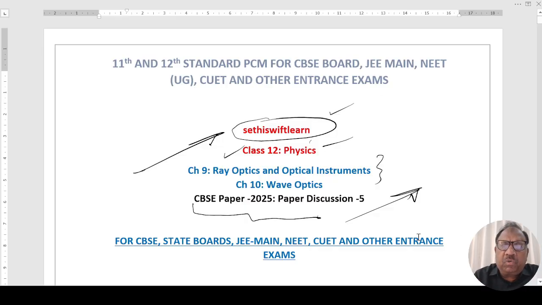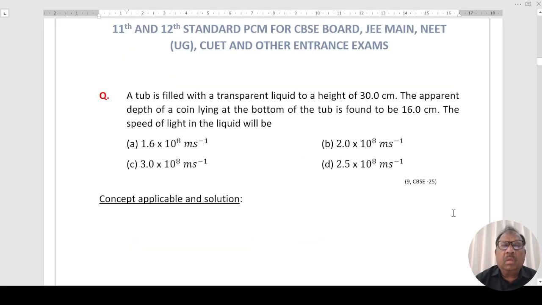Now let's start with the question and concept. Question is, a tube is filled with a transparent liquid to a height of 30 centimeters. The apparent depth of the coin lying at the bottom of the tube is found to be 16 centimeters. The speed of light in liquid will be,